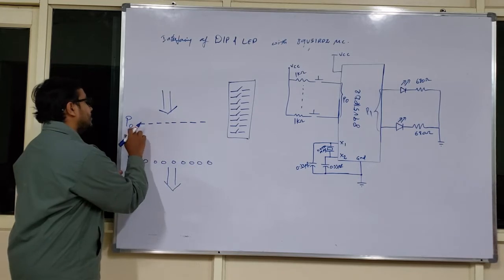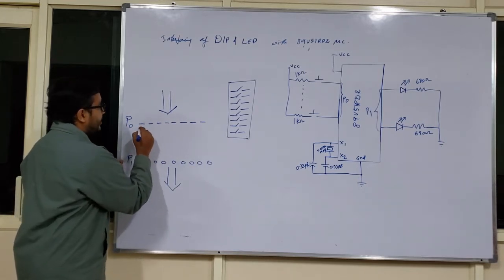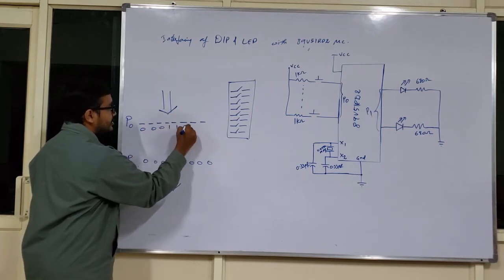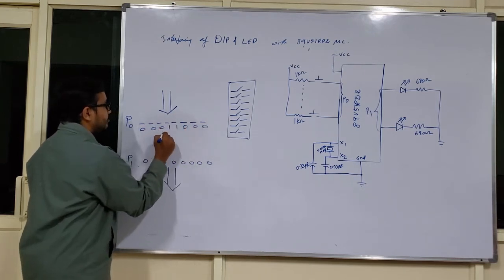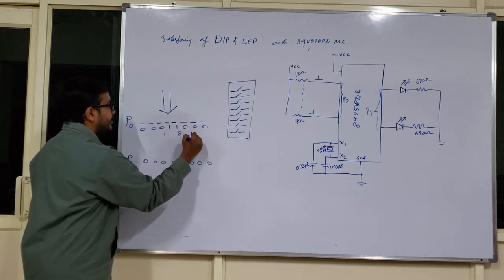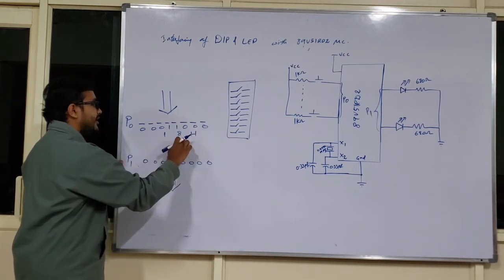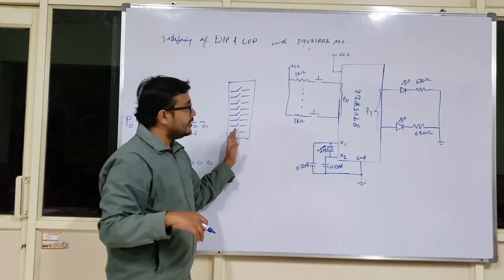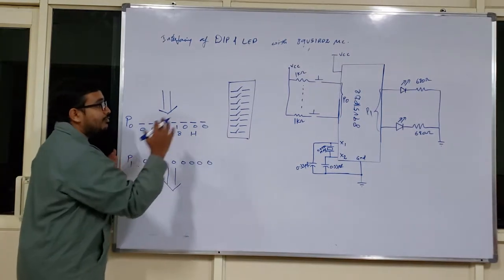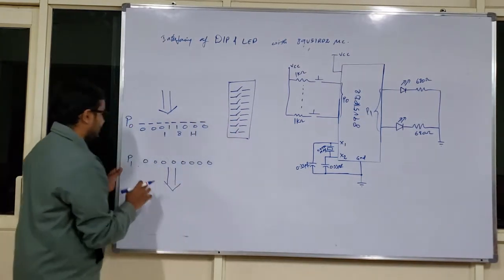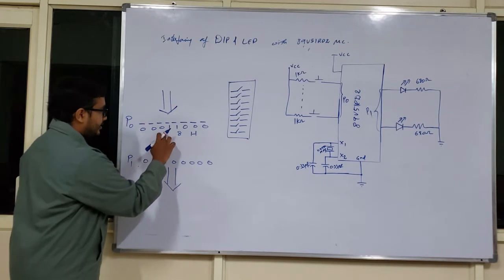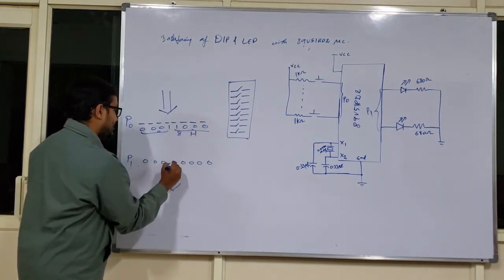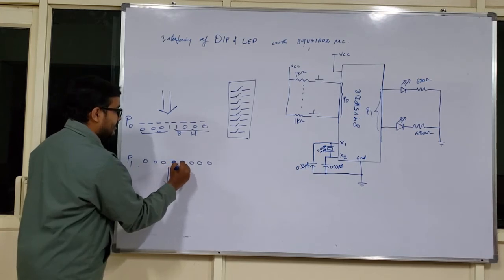For example, you have made only some number of ones, like 0, 0, 0, 1, 1, 0, 0, 0. That means you have taken 18 in hexadecimal format. This arrangement you have given for your DIP switch. Correspondingly, the same LEDs have to be on in the kit. So these are the 8 LEDs, right? Which LEDs will become on now? This LED as well as this LED.